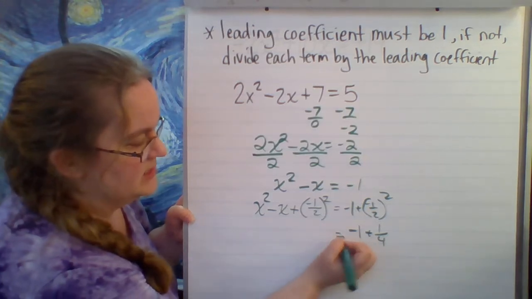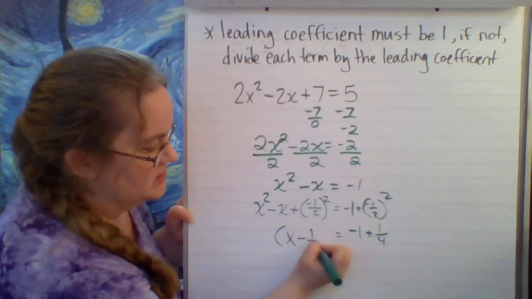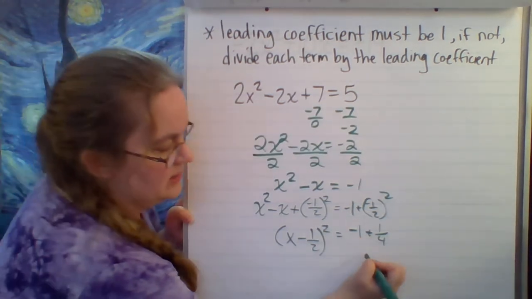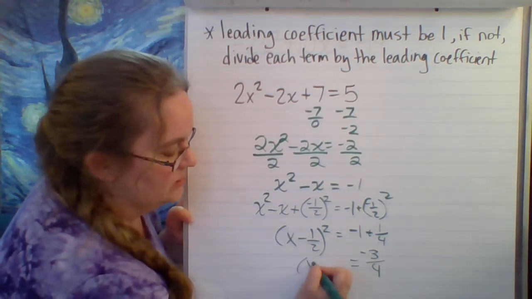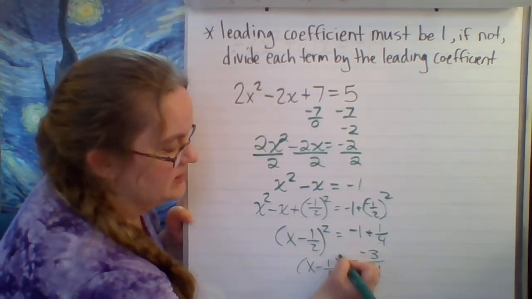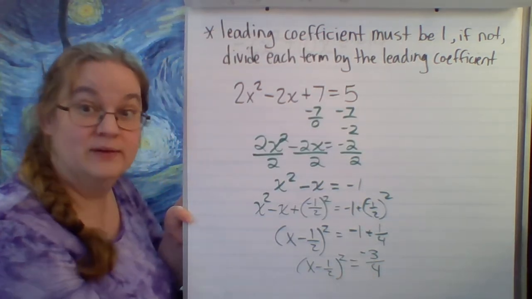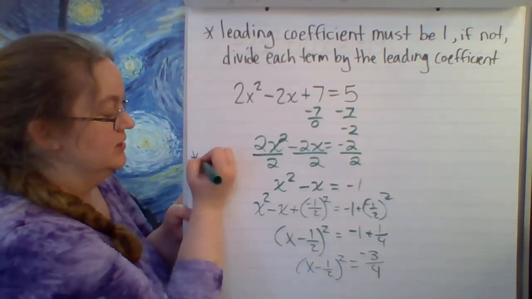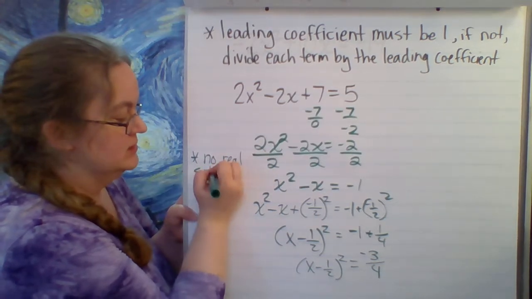And again, as I look at this side, I'm just going to leave it because it's going to come out to x minus a half. The problem here is I end up with negative 3/4. So my next step is to take the square root. But I can't take the square root of a negative number and get a real solution. So therefore, there is no real solutions to this